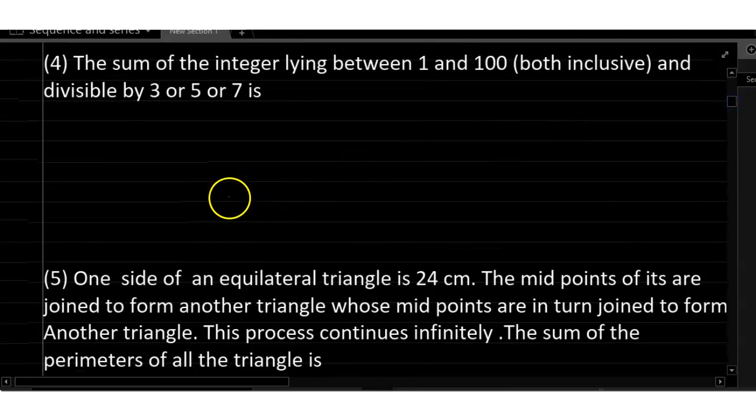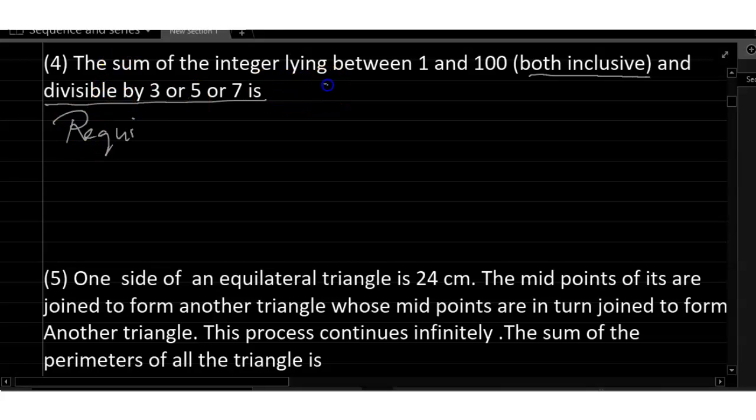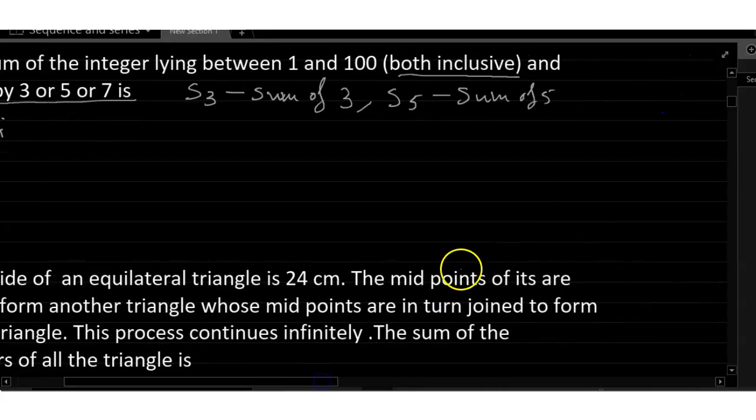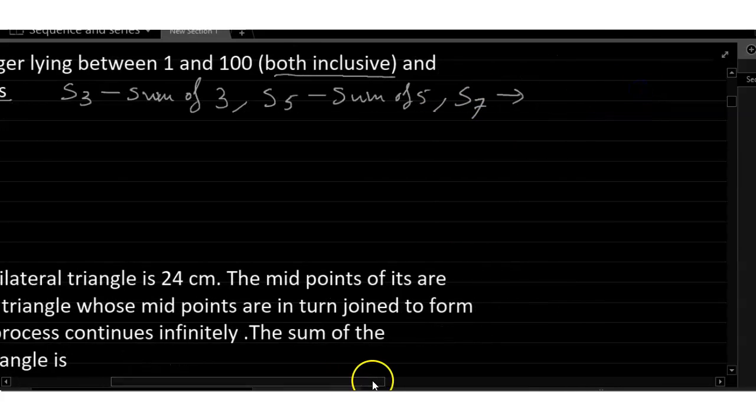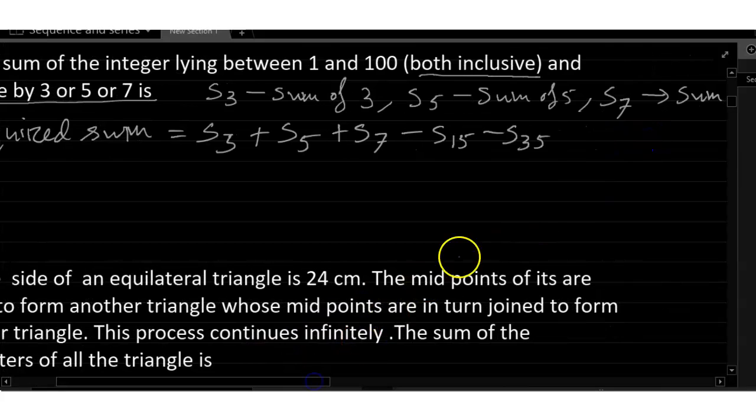Next, find the sum of the integers between 1 and 100, both inclusive. Must remember, this is both inclusive, and divisible by 3 or 5 or 7. So S3 is the sum of multiples of 3, S5 is the sum of multiples of 5, and S7 is the sum of multiples of 7. The required sum equals S3 plus S5 plus S7 minus S15 minus S35 minus